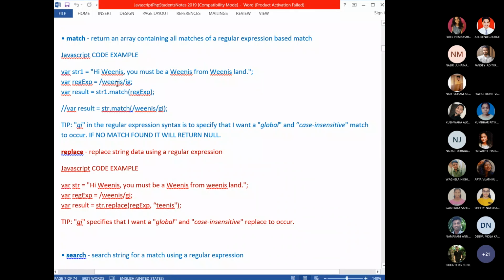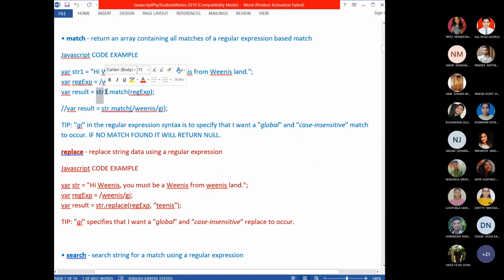Now, in the next step, I will tell about I and G. Next, I'm using the match method. Of course, the match method is a method of the string object, not the regular expression object. Remember, match is a method of which object? String object.